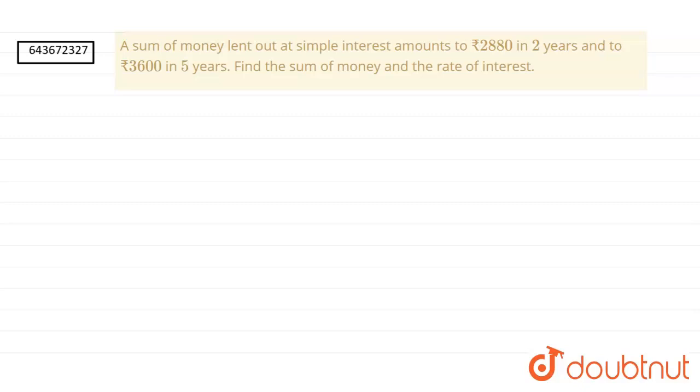So we have a question of simple interest which says that a sum of money lent out at simple interest amounts to rupees 2,880 in 2 years and to 3,600 in 5 years. Then we have to find the sum of money and the rate of interest. So for solving this question,